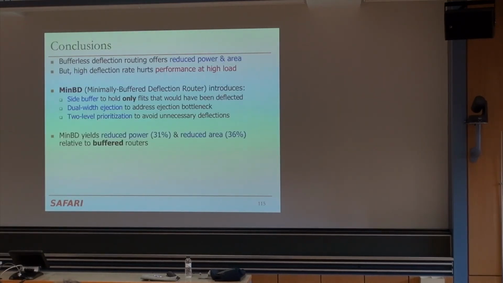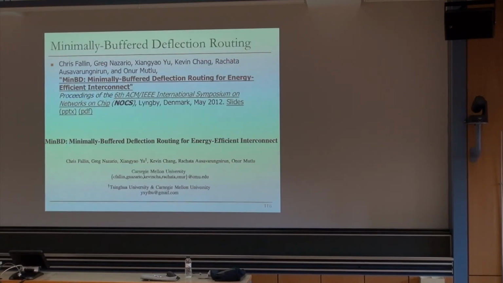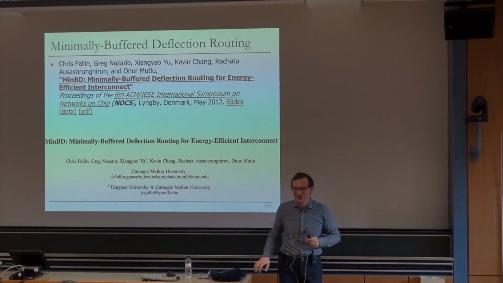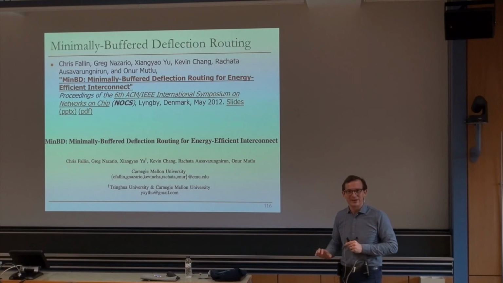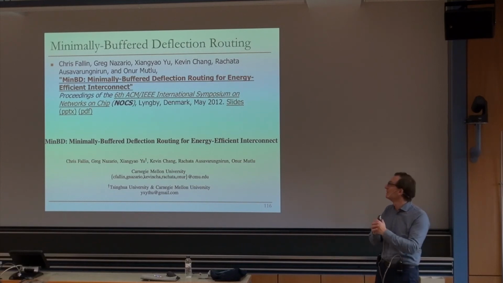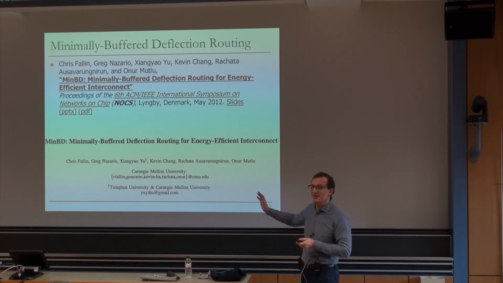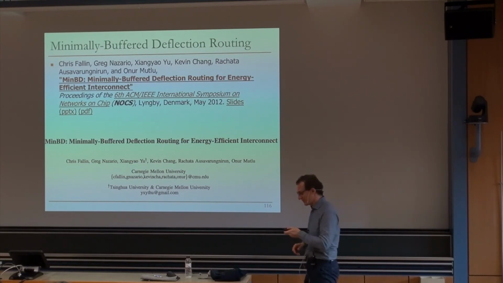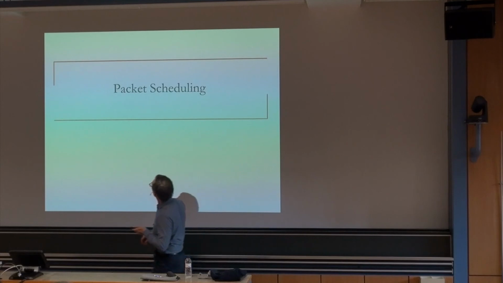Okay, so I think I've already given a lot of the conclusions over here. And this is actually interesting because this pushes the bufferless networks toward buffering a little bit. And I think this is really the right way to go. Then the key question now is how do you close the gap between this one and buffered networks? And that's where you need to handle the congestion really well. And that's what we should talk about probably after